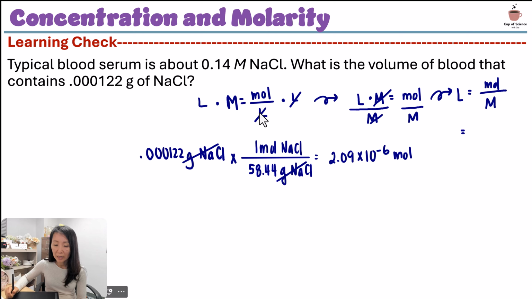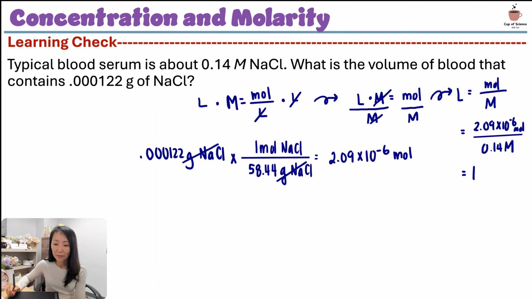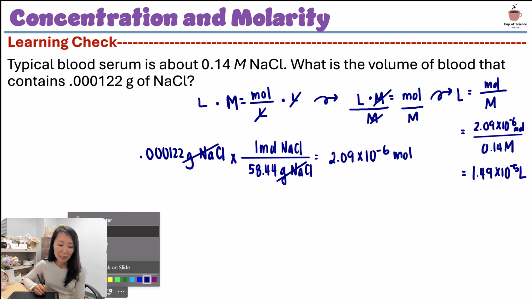So let's plug that in. 2.09 times 10 to the negative 6 moles divided by the molarity, which is 0.14 molarity. And I would get as follows. Let's get the calculator out again. So that would be divided by 0.14. And I get 1.49 times 10 to the negative 5 liters. And that is my final answer, and that's how much volume